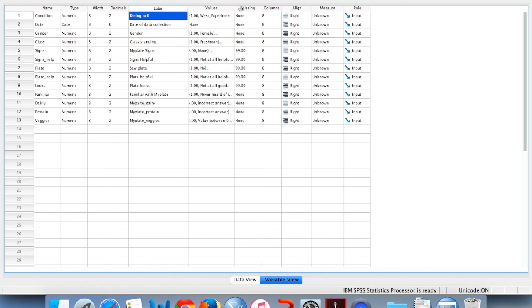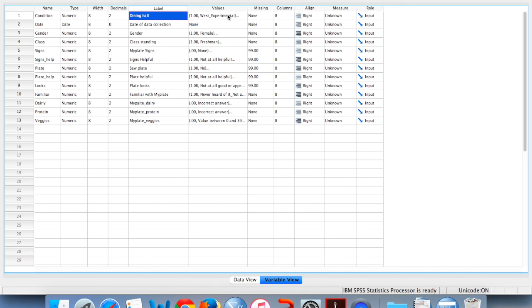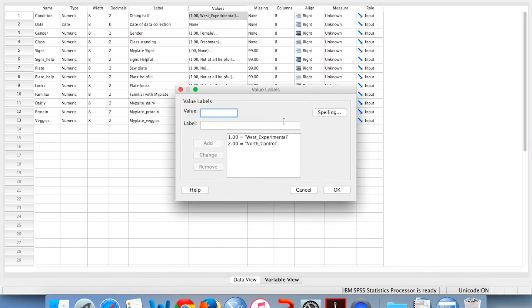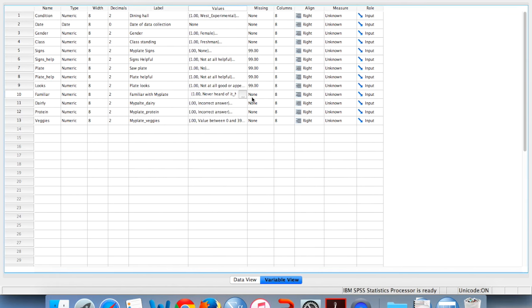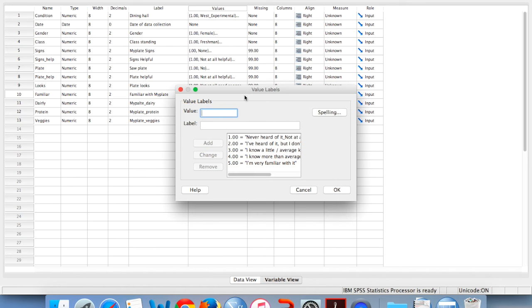Next, you will see that most all of these have values assigned. These values, if we look, are what each number means in there. So for example, on condition, number 1 that we would enter equals west, or experimental condition, and number 2 equals north, or control condition. So each one of these, if we look at the labels, it will say, so for this one,